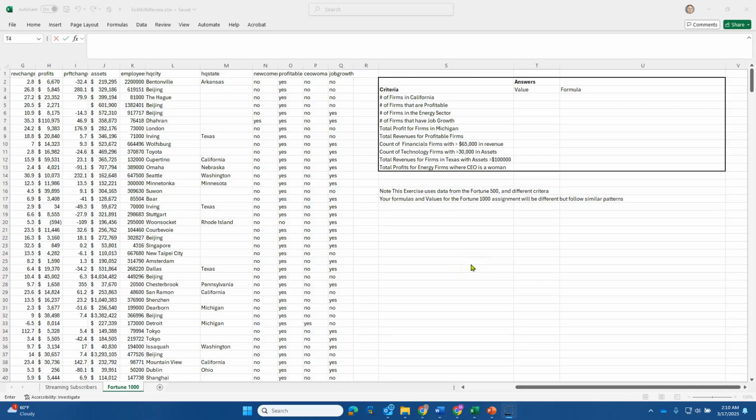In your assignment on the Fortune 1000 tab, you're going to be working with a data set of 1,000 rows of data about Fortune 1000 companies. You're going to have specific criteria on your assignment. For our training purposes today, the data set that I'm using is a set of 500 from the Fortune 500